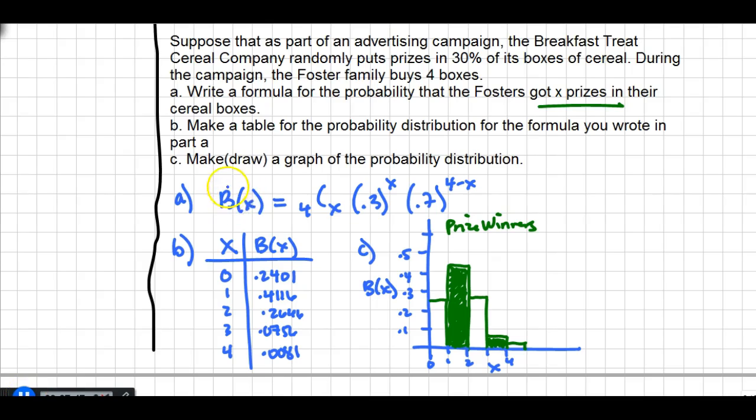So you can see the answer here. I used B again for breakfast. You could have used any other letter that you wanted to describe the formula. This one's going to be a lot easier because you only have 4 trials this time. Probability of success is much lower than our first one that we did, so our graph looks the way we